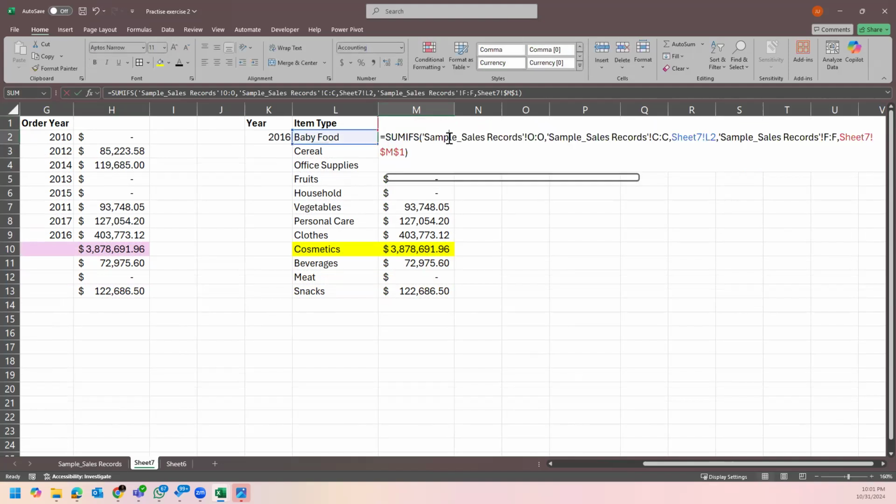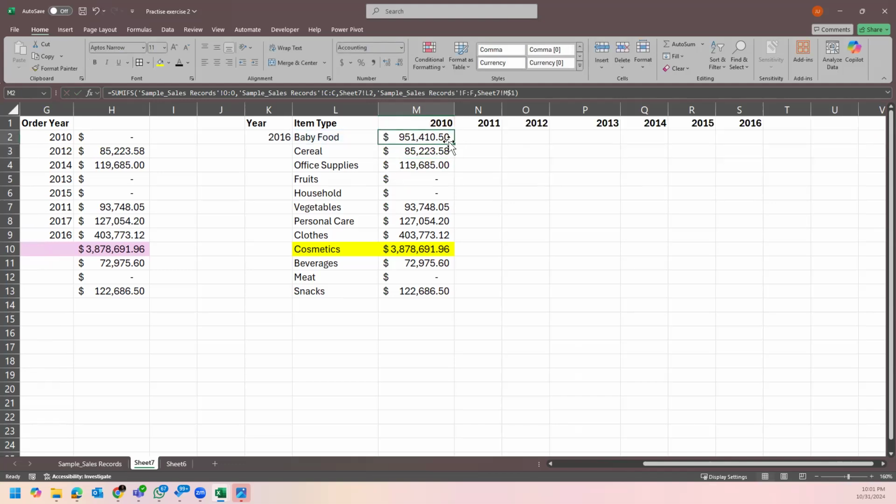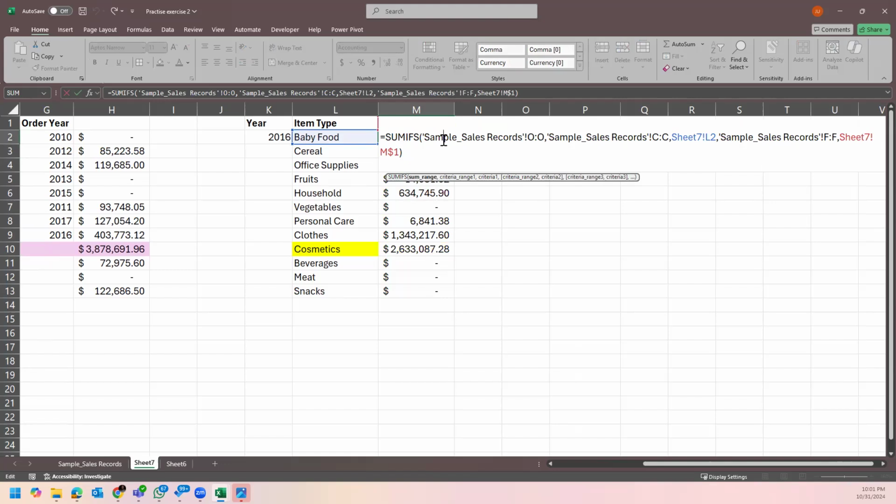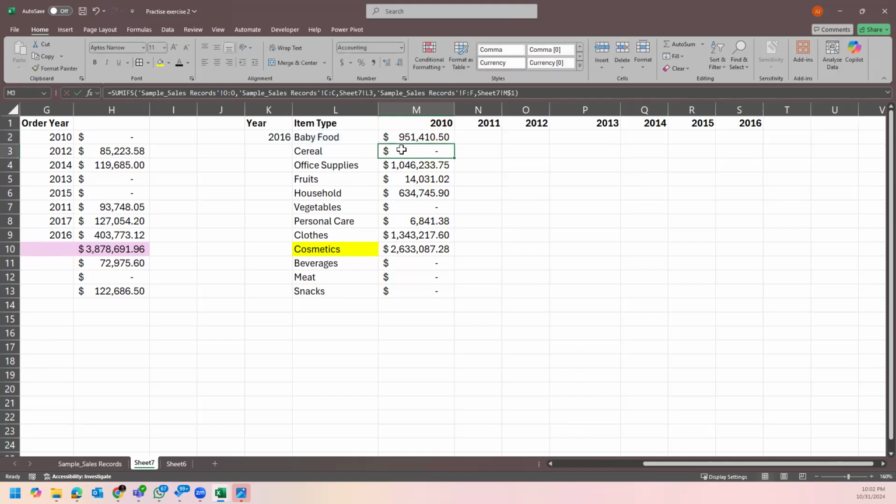Then we're locking the row, but not the column. Okay, so we'll remove the dollar from the one. Okay. So let's drag it down. Something is wrong. Okay. So for this one, we are locking the column, not the row. Wait. Column and not the row. We're locking the column and